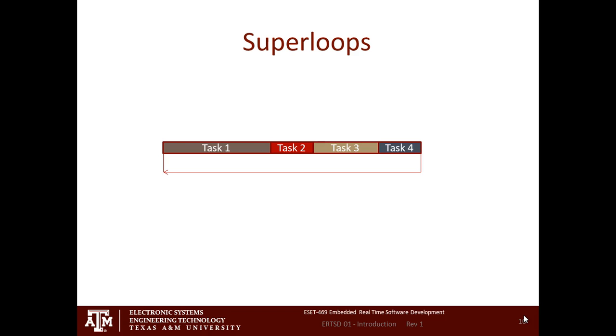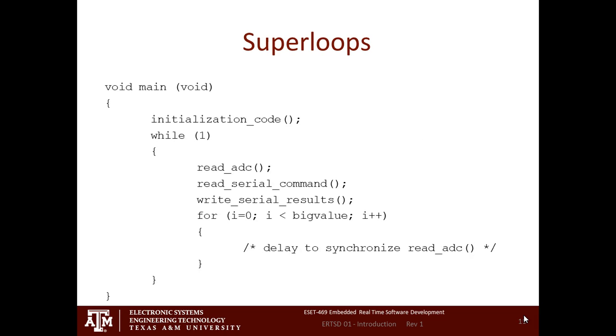A superloop, basically, I've got a piece of code. I do task 1. After I'm done with task 1, I do task 2. After I do task 2, I do task 3, do task 4, go back, do task 1 again. Superloop. You've done that 100 times. While(1). So here is an example of some superloop code. Basically, this code is doing two things. It's reading commands off a serial port, and it's also reading from an A to D converter and writing out to the serial port what it read off the A to D converter. And you can see how we do that.